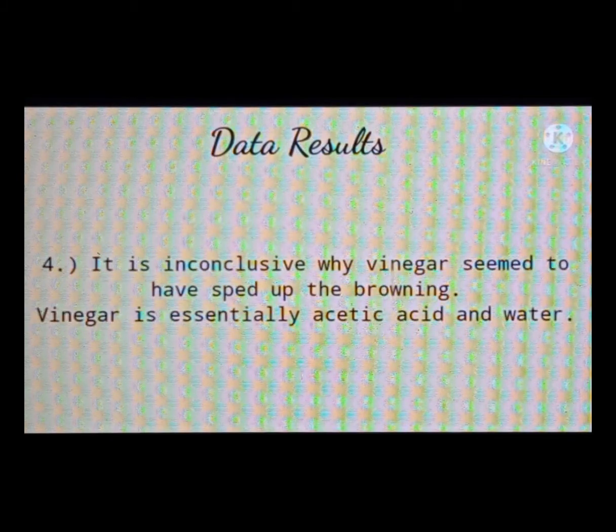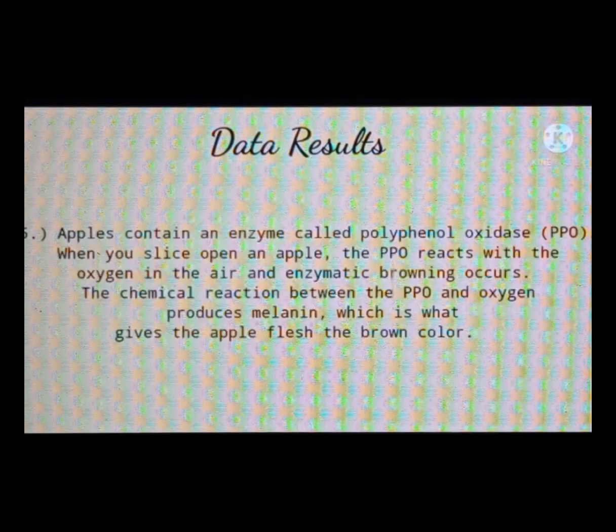It is conclusive why vinegar seems to have sped up the browning. Vinegar is essentially acetic acid and water. Apples contain an enzyme called polyphenol oxidase. When you slice open an apple, the polyphenol oxidase reacts with the oxygen in the air and enzymatic browning occurs. The chemical reaction between the polyphenol oxidase and oxygen produces melanin, which is what gives the apple flesh the brown